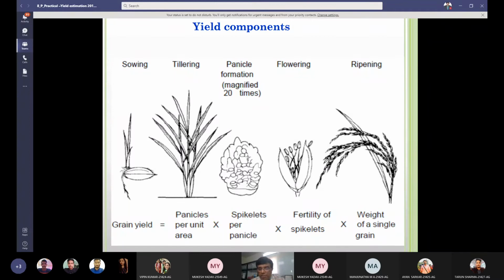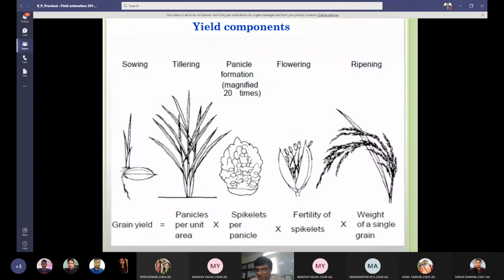They will affect the fertility of spikelets, like temperature and rainfall. Suppose pollination is happening today in the morning at 10 o'clock and there is rainfall, and your pollen grains have opened, your flowers have opened, the anthesis has occurred. At the time of anthesis, if there is any rainfall, this rainfall will wash down all the anthers and pollen grains, and your panicle will remain empty. So climatic factors like rainfall or temperature affect the fertility of the panicle.